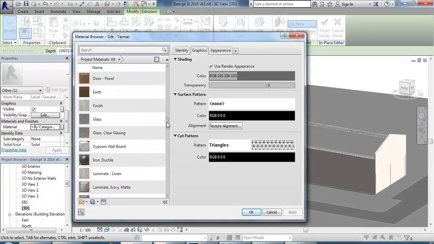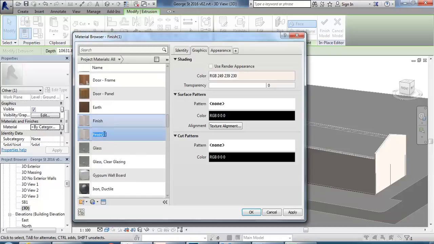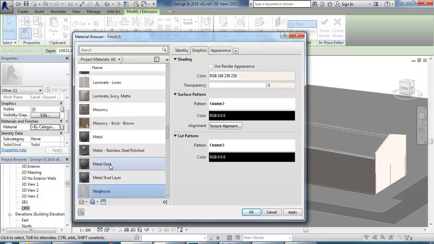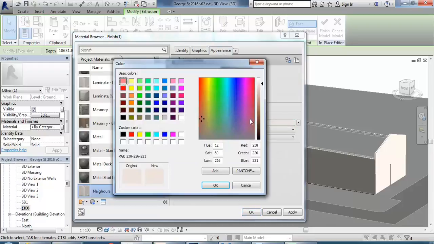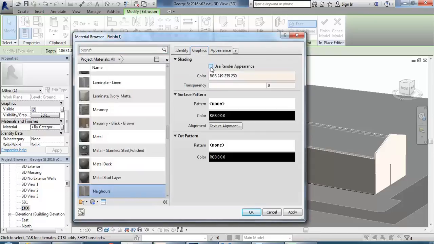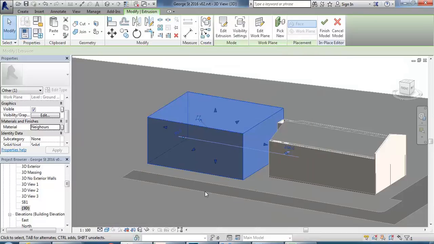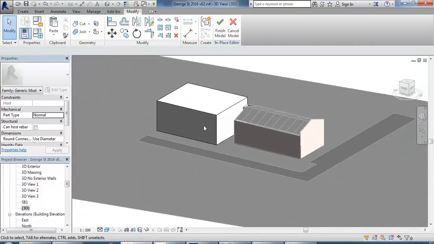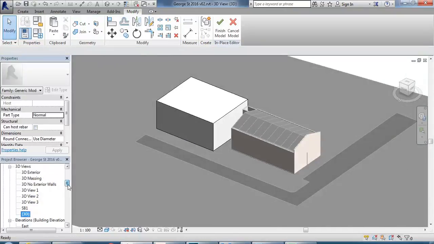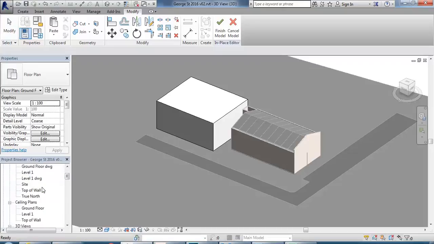So I'll probably just start with the finished material, and then make a material called, you know, neighbours something, and just set a fairly generic sort of appearance for that. So maybe just a bit lighter. So you can have these nice sort of blocky models around your subject building, and then